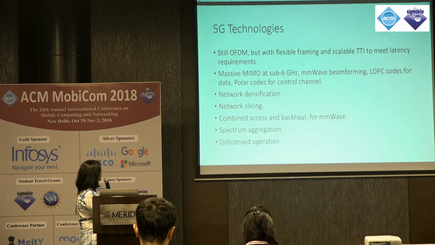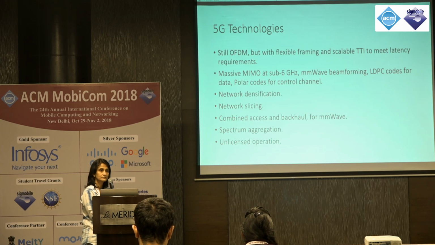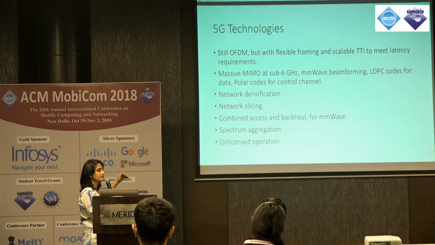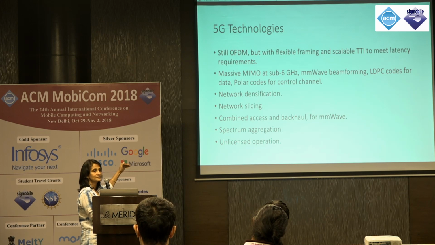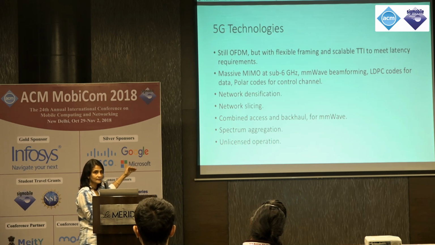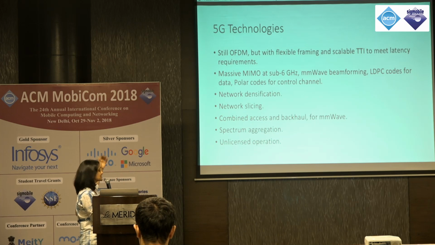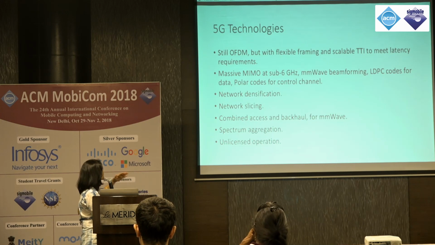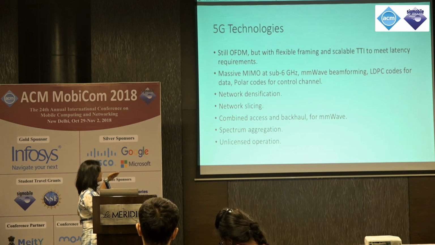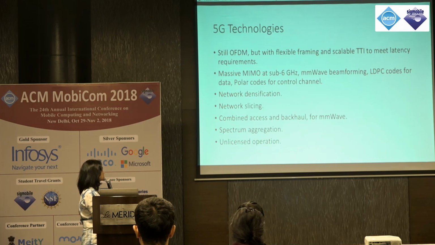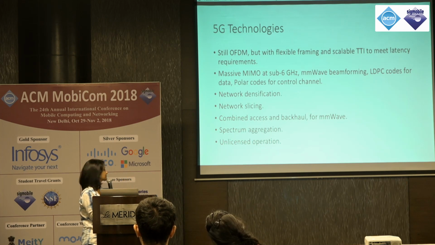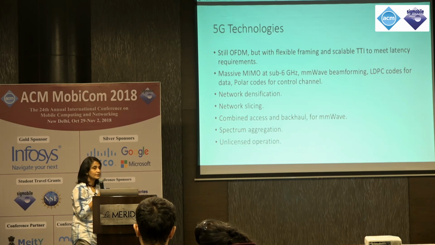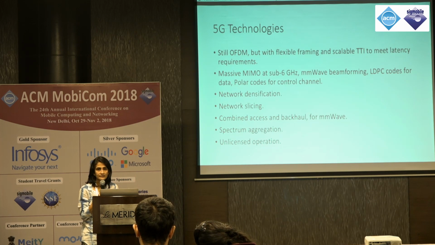And then some of the other things, in and of itself, they don't look like huge advances. In fact, if you look at this whole list of what actually went into 5G NR, it seems like each one of them taken individually, you could almost say it's incremental. It's nothing massively different here. It's when you put it all together in a system, along with the upper layers, along with the network slicing, the combined access and backhaul for millimeter wave, the network densification, the ability to aggregate spectrum across different bands, to do unlicensed operation as well, which is a fairly new thing. That is where you get the real power of the 5G cellular network.